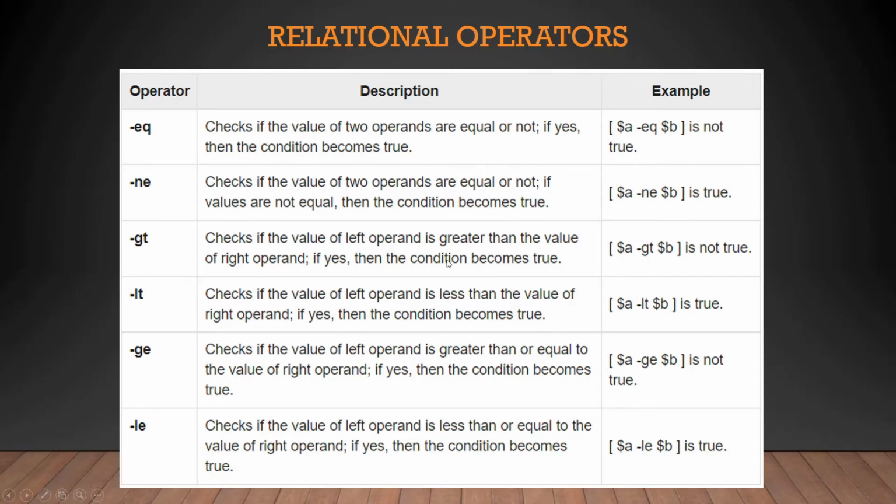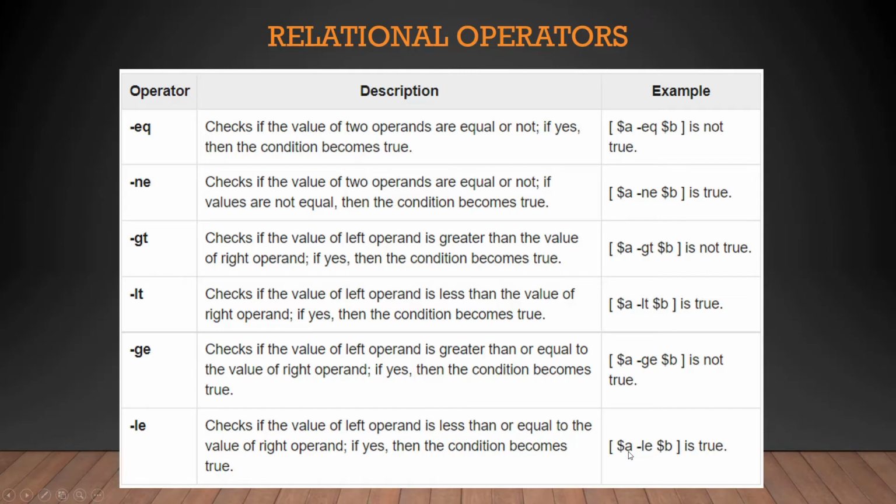This example is the same thing, which is $a equal to 10 and $b equal to 20. Is $a, which is 10, greater than $b, which is 20? No, that's not true, so it will return false. $a less than or equal to $b is true. Okay, so let me explain greater than or equal to and less than or equal to. Greater than or equal to is not exactly one condition. There are two conditions. First is greater than and second is equal to. And if one of these two conditions gets fulfilled, then it will return true. So the first condition is greater than. No, it's not greater than. Or equal to. No, it's not even equal to. So it's not true. That's why it will return false.